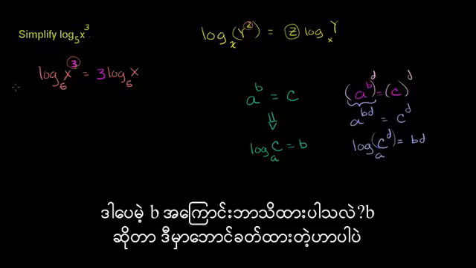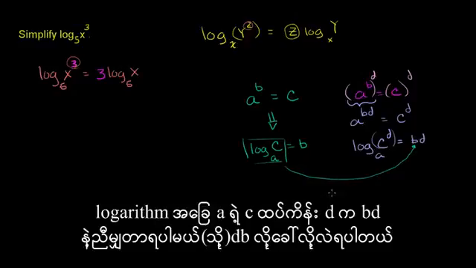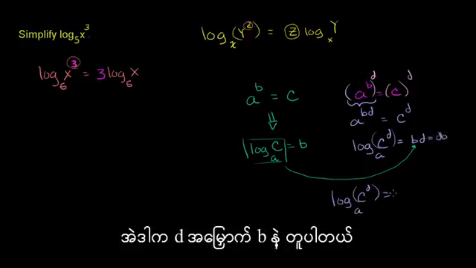We already know that b is this thing right over here. So if we substitute this in for b, we get logarithm base a of c to the dth power is equal to bd, or you could also call that db, if you switch the order, and so that's equal to d times b. b is just log